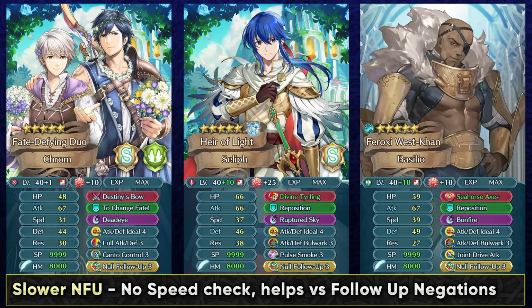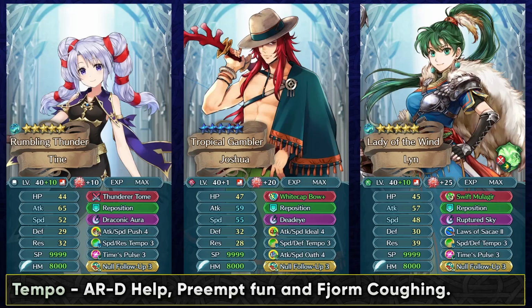And Basilio and a lot of the axe units do have access to Seahorse Axe, which does give you the auto follow-up as well. It's basically a bootleg Divine Tear thing, so it could be run on these kinds of units. Tina can have a wanton Draconic Aura that she could trigger on her follow-up attack, and this is going to be really good. You could also run this with pre-charged Ruptured Sky so that you could trigger this twice in a combat. So this is definitely going to be an option with her, and you can also run this with a unit like Joshua, I guess,